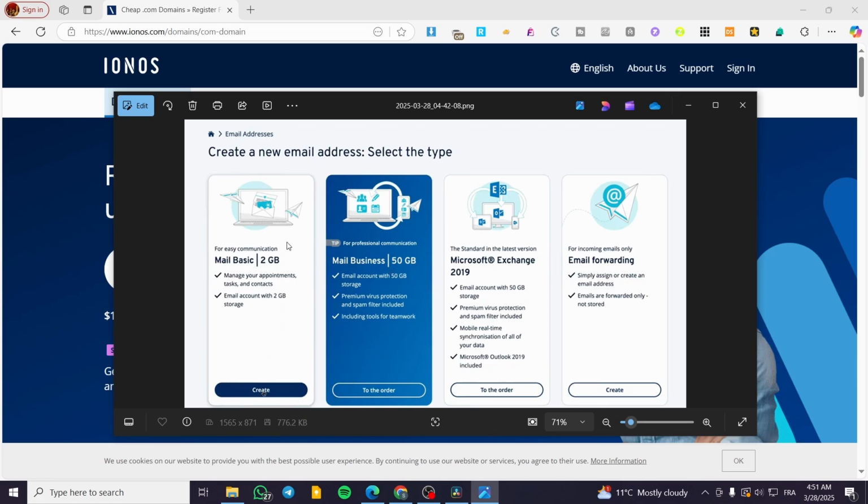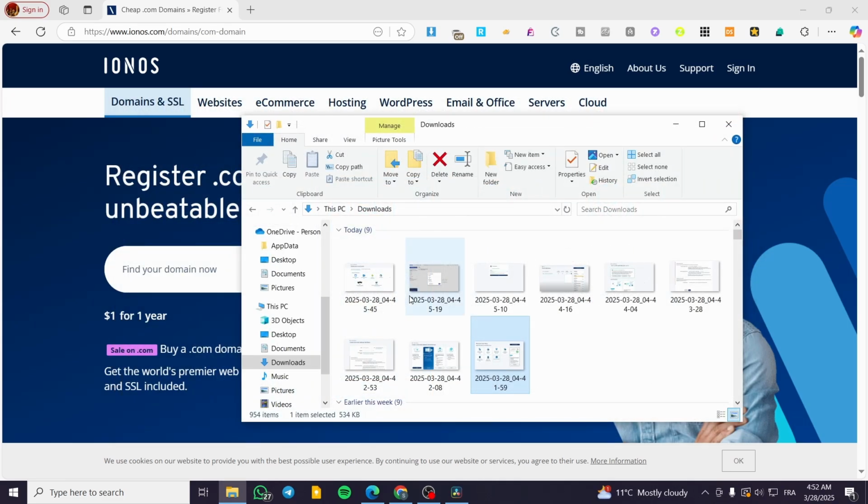So you can go ahead and use the most basic one with 2 gigs only. Maybe it is not going to be that busy. So you're going to create it. But if you see yourself receiving more than 2 gigs of emails, you need the mail business. After you have clicked on here, you're going basically to enter the